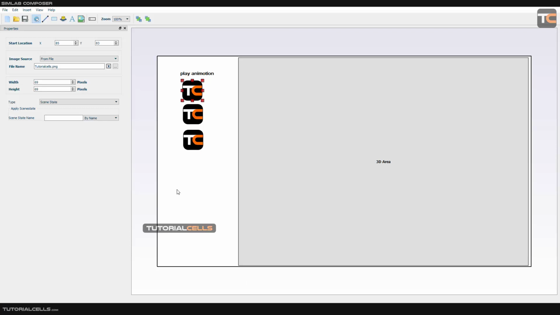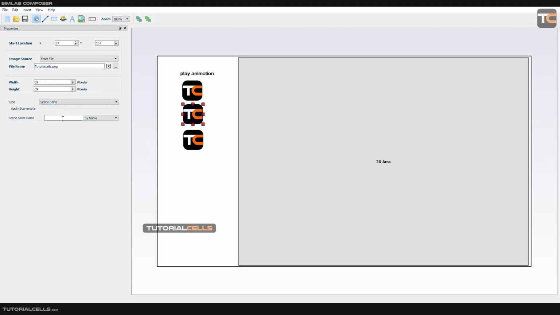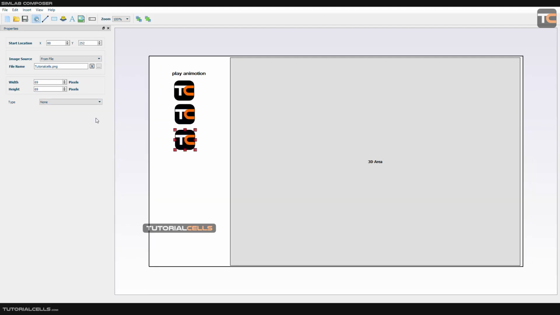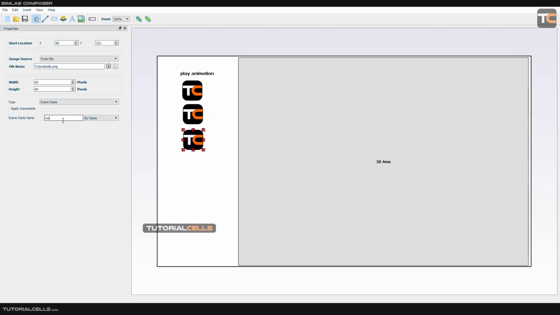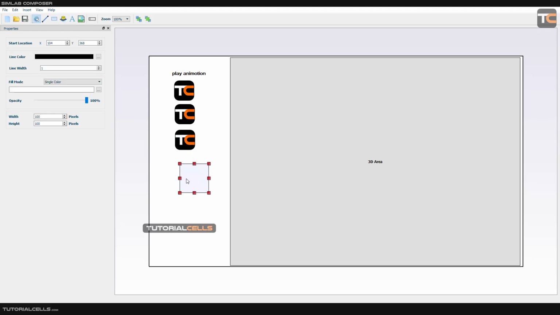Select them. Okay, I write it number Matte 1. Select it. Play a scene state Matte 2. Select it, and scene state Matte 3. Okay, and another interesting thing, these boxes, if you click it, you can add a background,